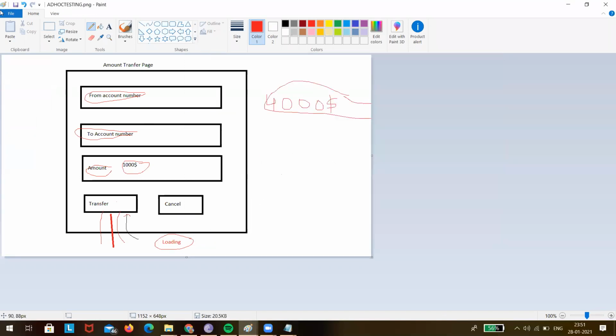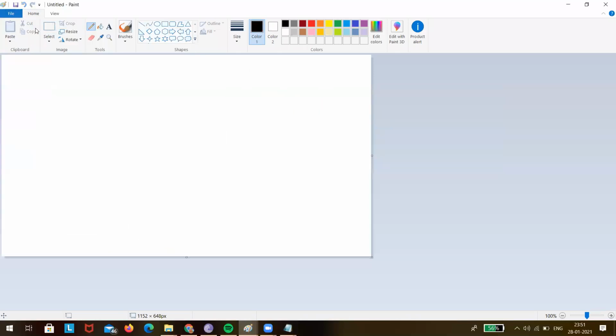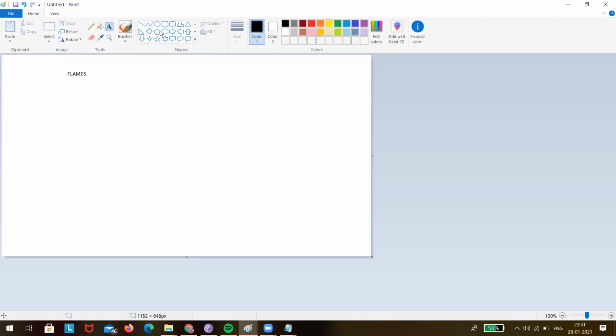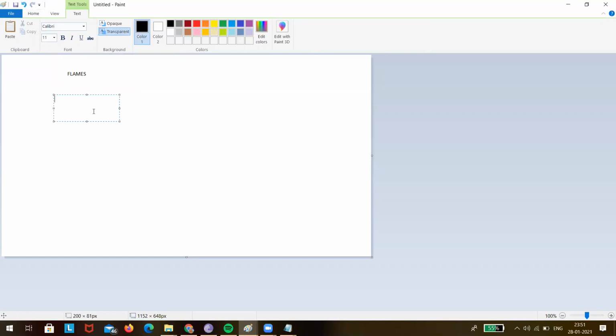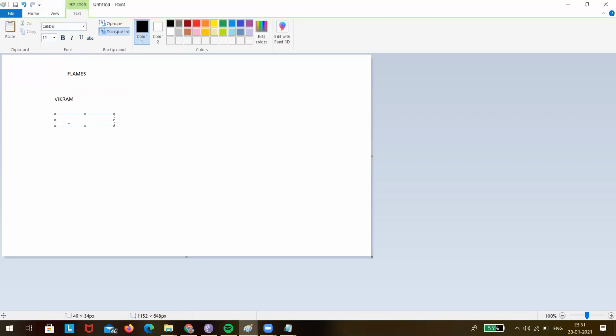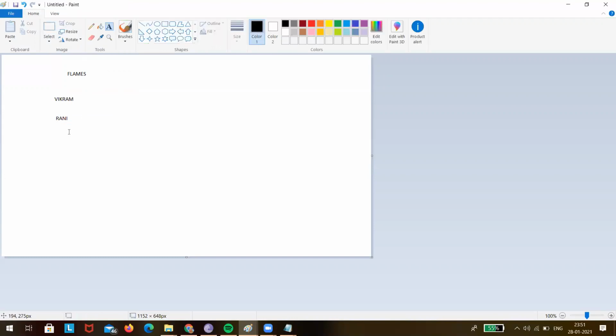Let us take a new page to understand compatibility testing. There's something called Flames. Here I am writing the name Vikram, and here I'm writing the name of some girl, Rani. What is the rule of this game? F means friendship, L means love, A means affair, M means marriage, E means enemy, and S means sister.